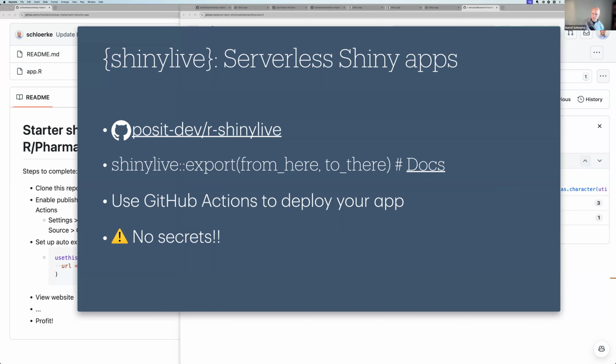If you also have things like, oh, I make viral Shiny applications that would just burn through your shinyapps.io hours, you can then port it over to Shiny Live and GitHub Pages. And it's free. You don't get logging, there's not much other stuff. But if your app is tweetable, then it's something that would work really well with Shiny Live.